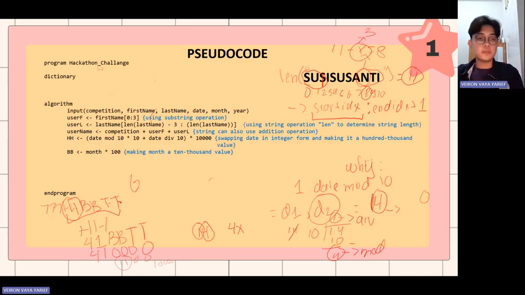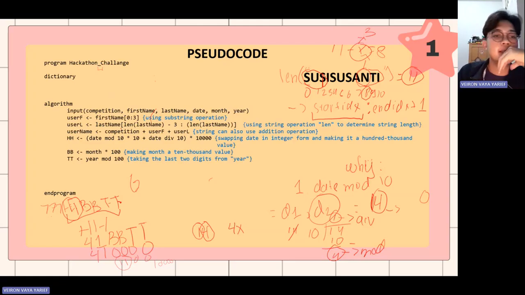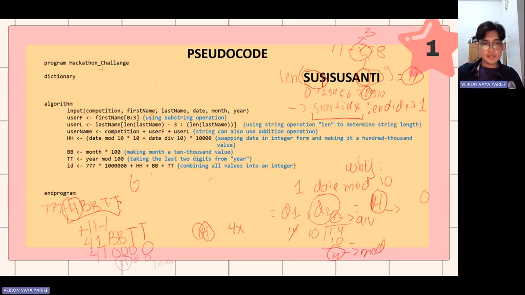So that's for BB. And the next one is TT, year mod 100. What do you want to do here? We need to take the last two digits. How do you take the last two digits? If we learn from the first, we need to modulus 10 to get the last digit. We need to get the last two digits. What we do is a modulus operation, but modulus it with 100, taking the last two digits from here. So at the end of the day, what we need to do is combine all values